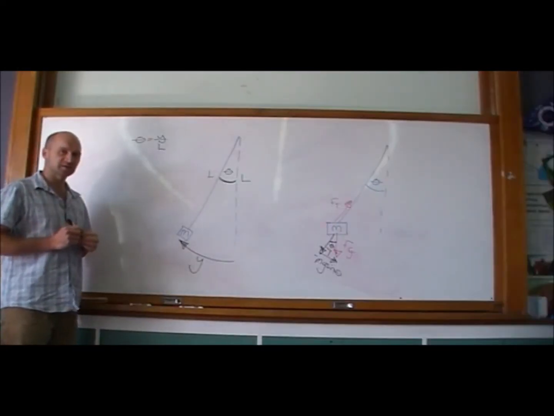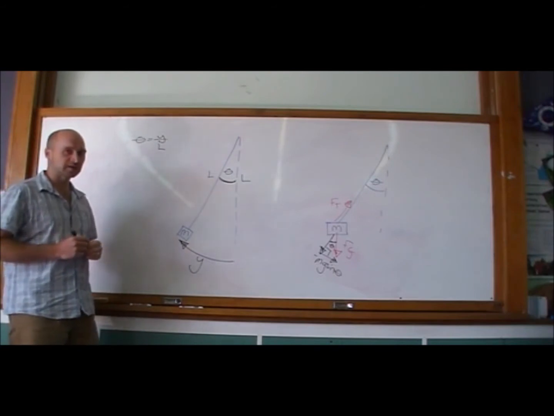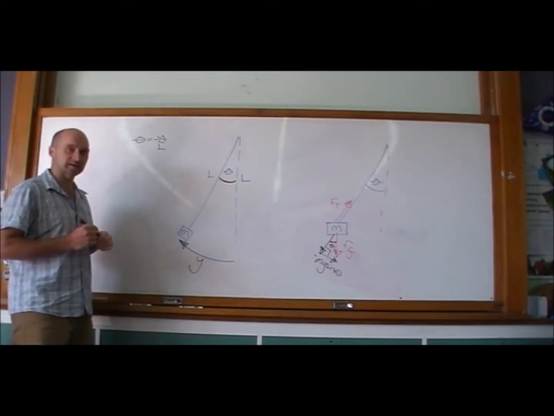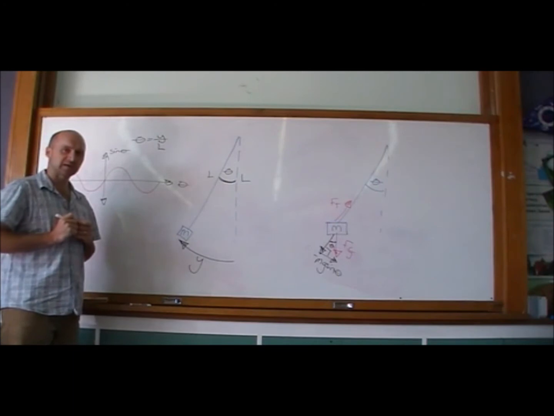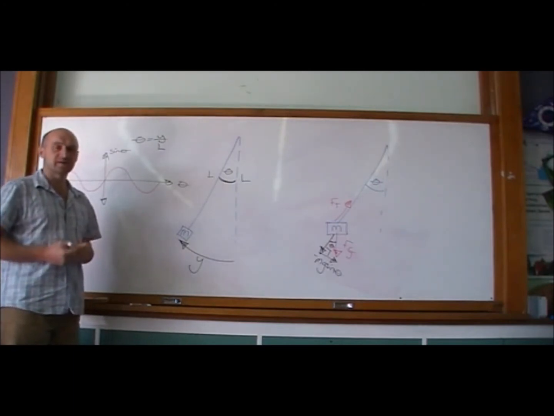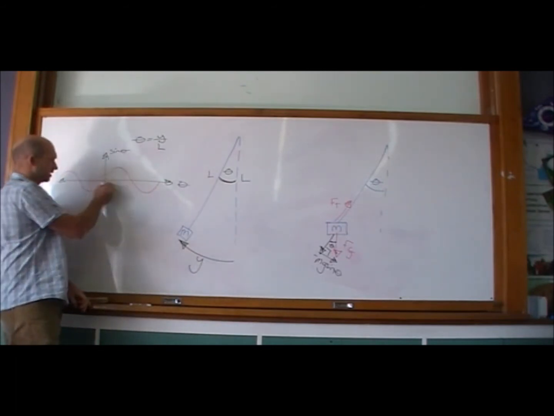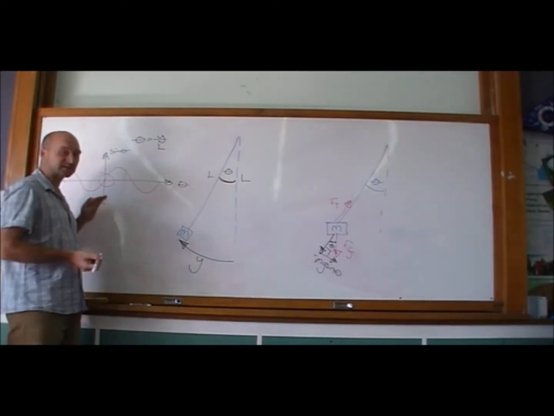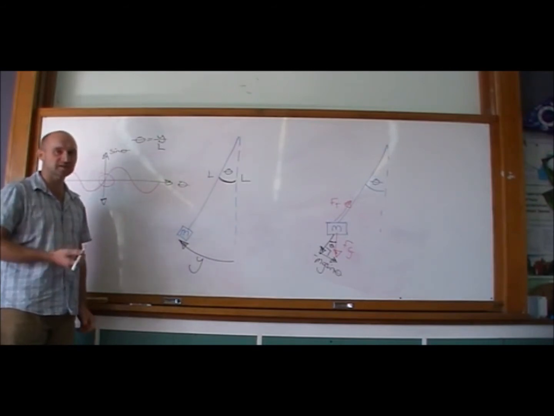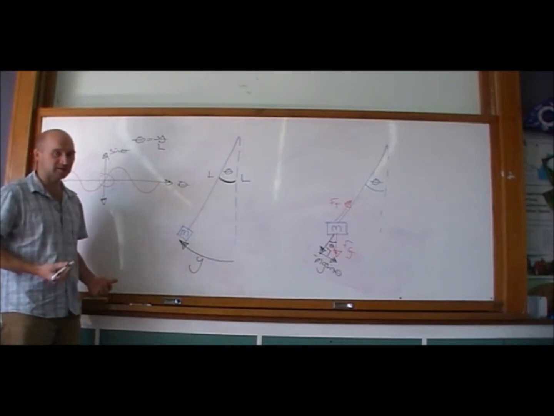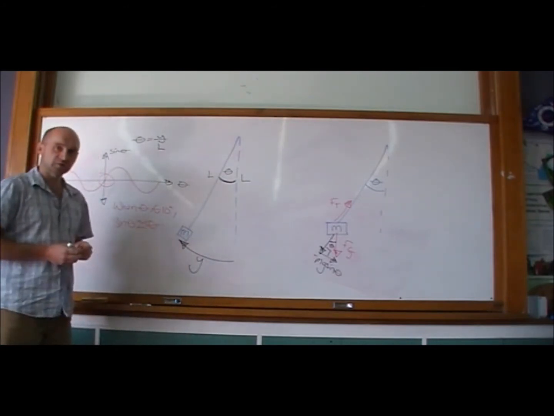Okay, so the next step is to persuade you that sine theta and theta are just the same thing when the angle is small. So we're going to sketch up a sine theta graph, and it looks something like that. We're only interested in angles where theta is small, less than around 10 degrees. We're interested in this region here. And in this region we can see that sine theta cuts through the origin at about a 45-degree angle, which tells us that when theta is small, sine theta is about equal to theta in radians. And we're going to use that